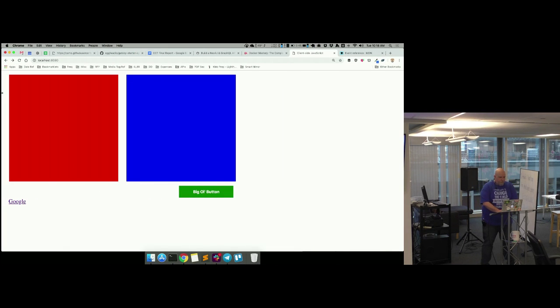So now I click on the link, I get my alert, and that's all that happens. Even though the href of the link hasn't changed, it's still set to go to Google, I haven't gone there